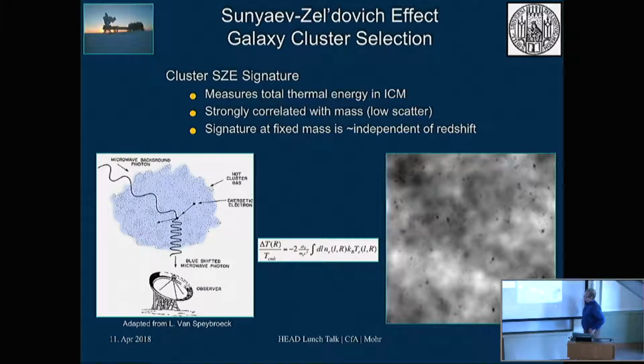I wanted to show this. I know you know about the Sunyaev-Zel'dovich effect, but this nice picture from Leon van Speybroeck shows a low energy CMB photon coming in and being scattered by a high energy electron in a cluster. We're seeing that absence of photons, or that shadow. You can see the clusters show up as shadows here in this simulated CMB sky. This kind of project that I'm talking about today, which brings together SZ and X-ray, was certainly something that motivated Leon.